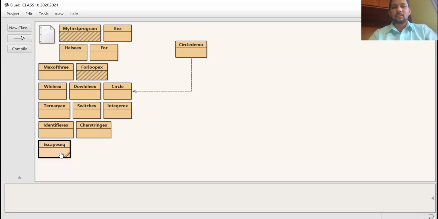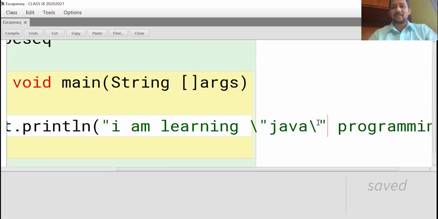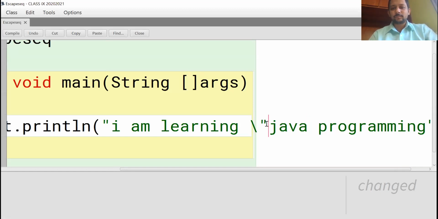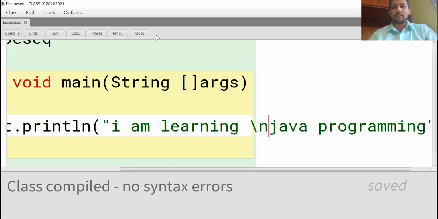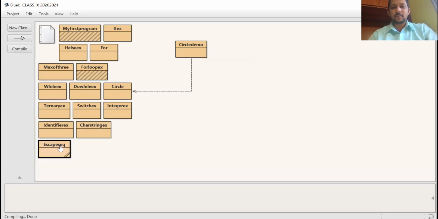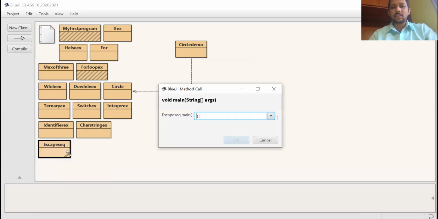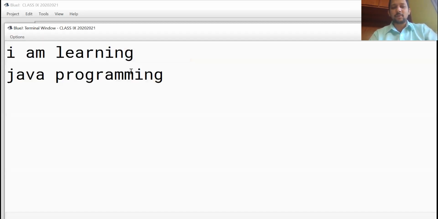The next one, slash n. You want to print this statement in a new line, I am learning in one line, Java programming in the next. Compile. New line means we use slash n. See, I am learning, Java programming.